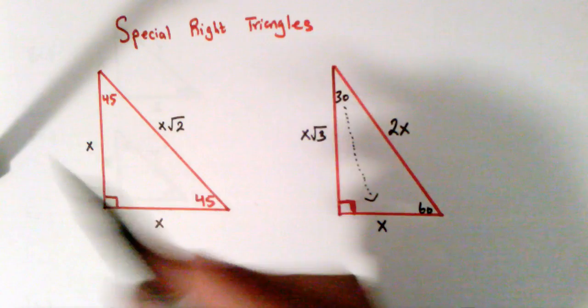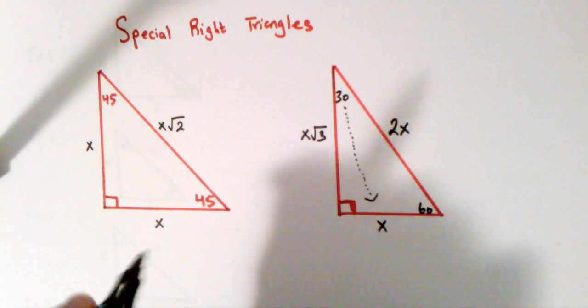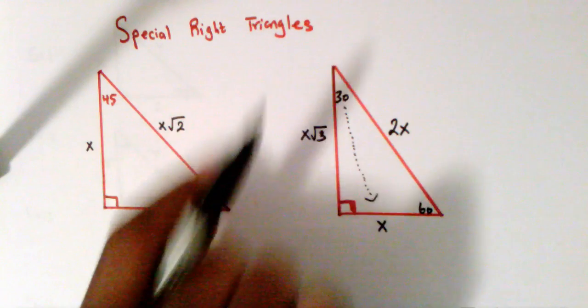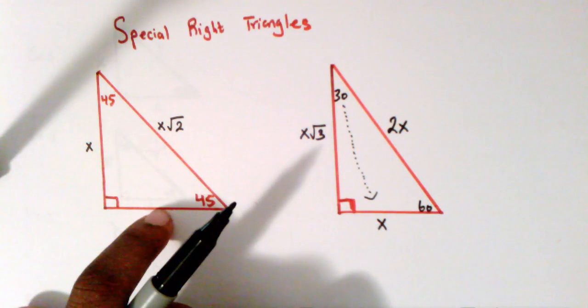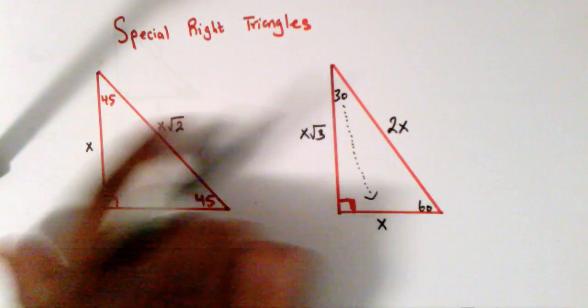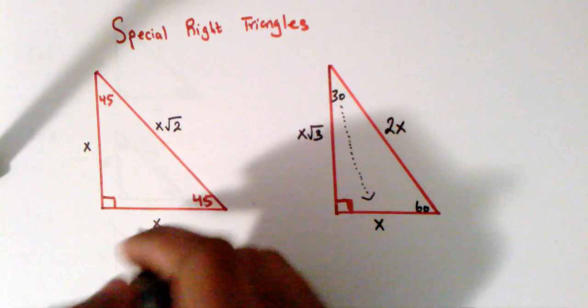And this makes a total of 180 degrees. But that's not what's special. If you focus on what I have here, if you can draw this triangle out and try to remember this, it really comes in handy for when you're given problems and you're trying to find what goes where, which sides or what lengths. All this says is